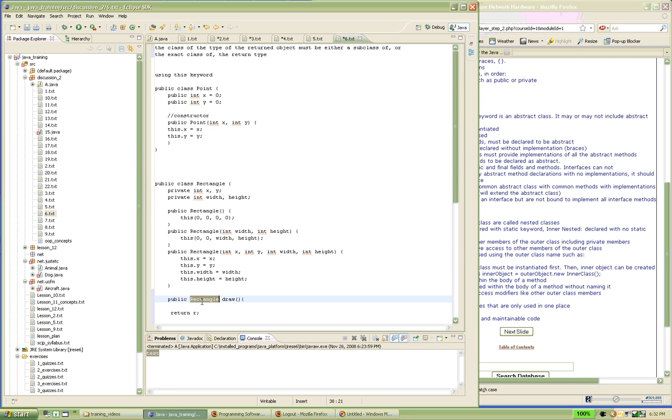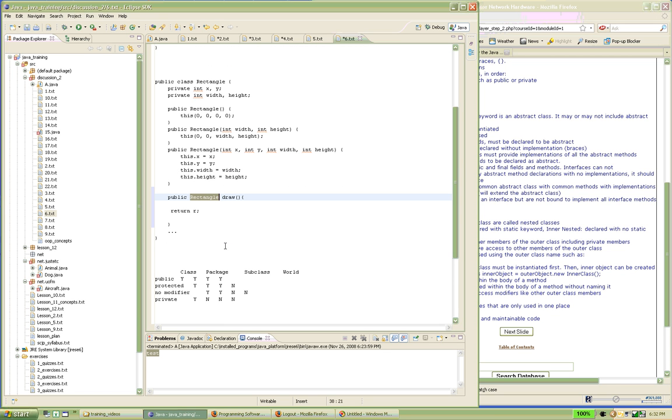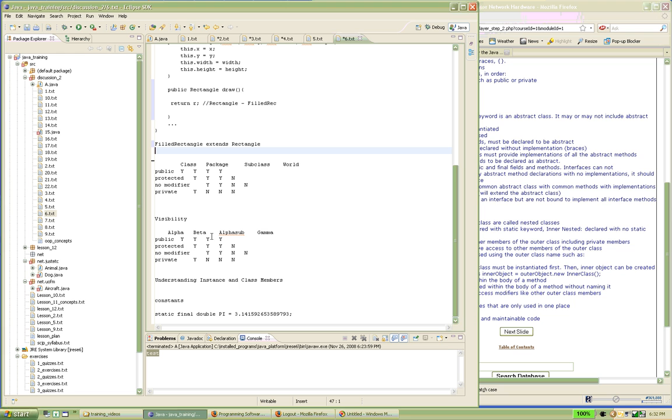So it can be a rectangle, or it can be, what I can say, a field rectangle if it is something like that. Field rectangle extends rectangle. Then r can be rectangle type, or r can also be field rectangle type. I think this is just one of the matrix based on the